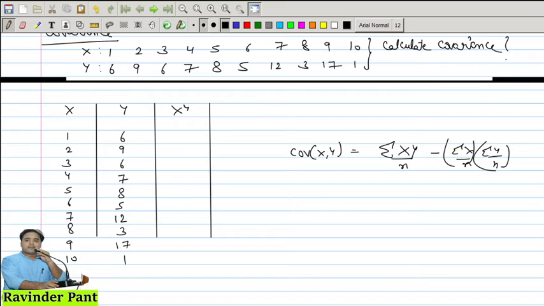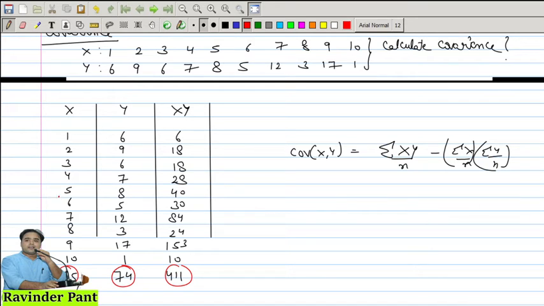So now we are going to multiply this x with y. We will get 6, we will get 18, we will get again 18, we will get 28, and we'll get 40, we'll get 15 into 6, 30, we'll get 12 into 7, this is 84, this is 24, this is 153, and this is 10, and we have all the summations here. Sigma x is 55, this is 74, and this is 411. So we have all the summations,